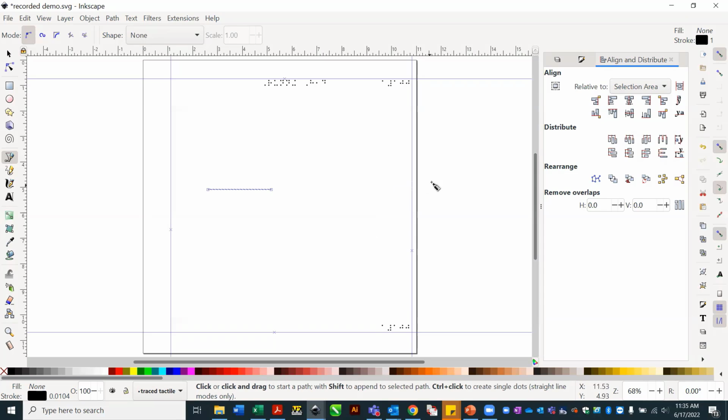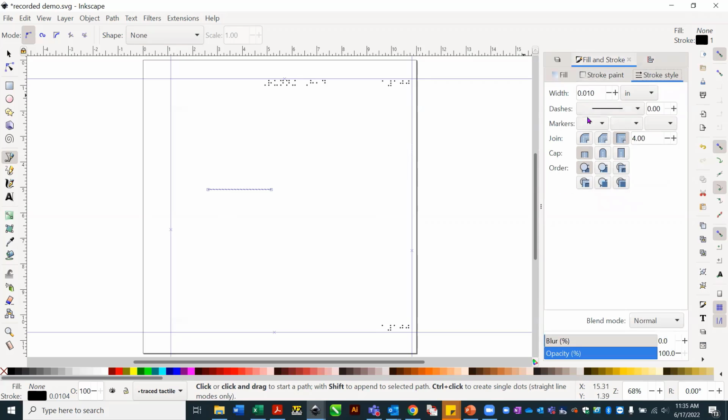Now, Inkscape calls things that we put on either end of the line or in the middle of the line markers. Let's go back to fill and stroke in the dialog on the right. And in the middle, we see options for having markers. We can put them on the left end, in the middle, or at the right end. Let's do the right end for now. There's a